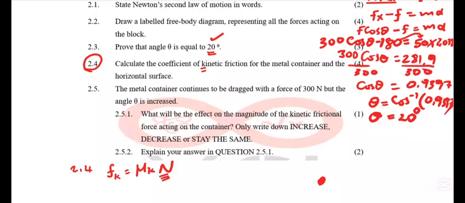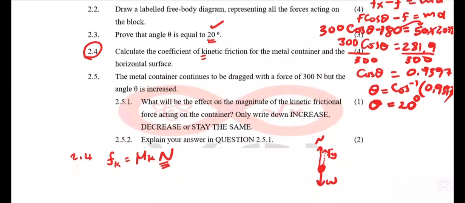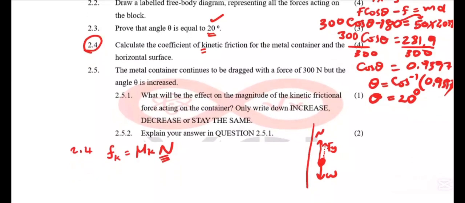Remember, in our free body diagram we have a normal force, and going upwards there is also Fy, it's a normal force and Fy, then below is the weight, with the other forces. But since we are looking for the normal force, we are going to talk about the forces that are vertical. Now the normal force together with Fy is equal to the weight: normal force plus Fy is equal to the weight of the object.